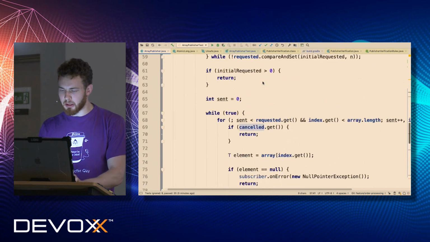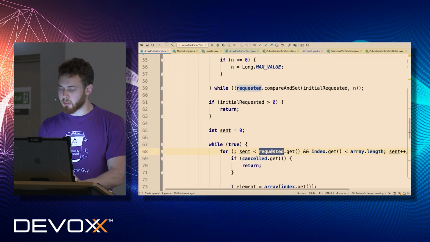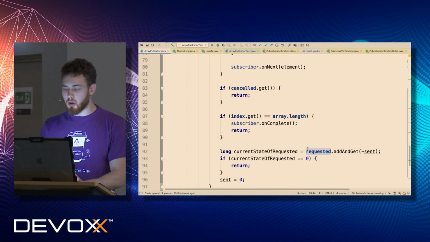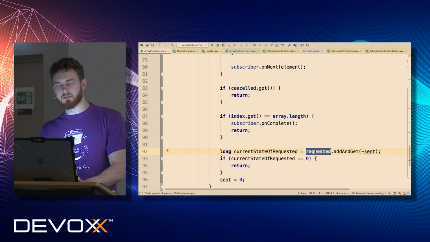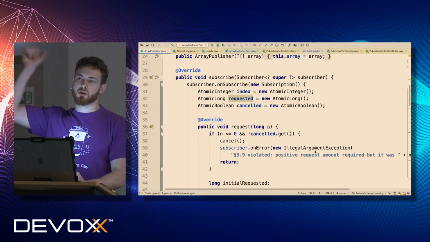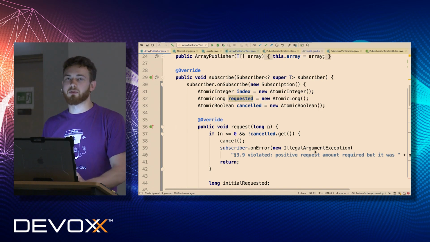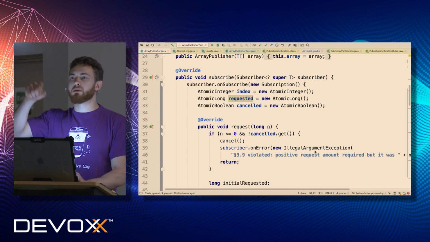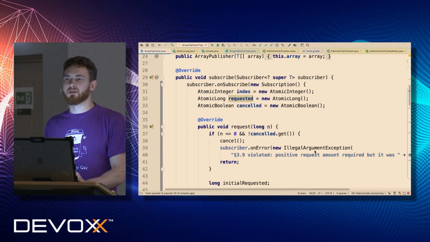We have a few reads from the atomic long requested here, and we have one write back to this field. So any idea how we can simplify our implementation according to those points of optimization? And can we just optimize our solution without doing anything? What do you do in order to make sure that your solution is faster than before?